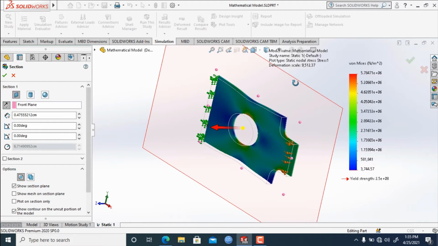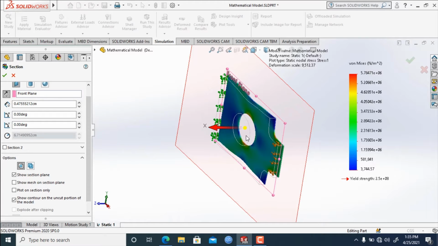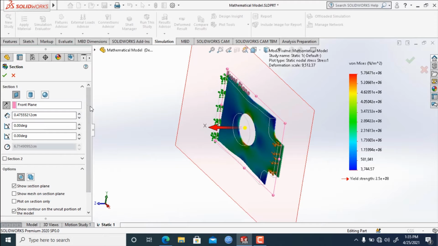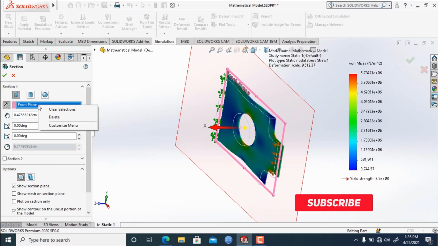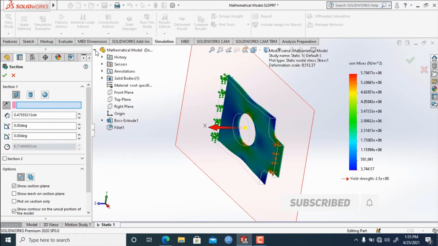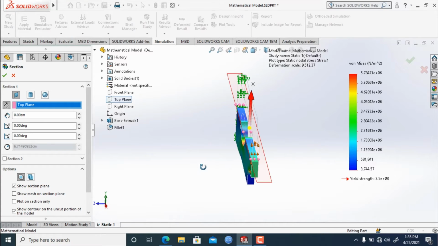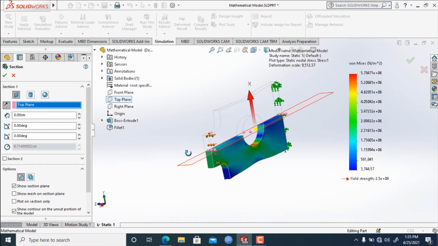If we want to change the plane, suppose for example we want to see the right sectional view or top sectional view, we will first deselect this one, clear selection, then we will drop down this bar right here and select, let's say, top plane. If we select top plane, the section will be shown from the perspective of the top plane.